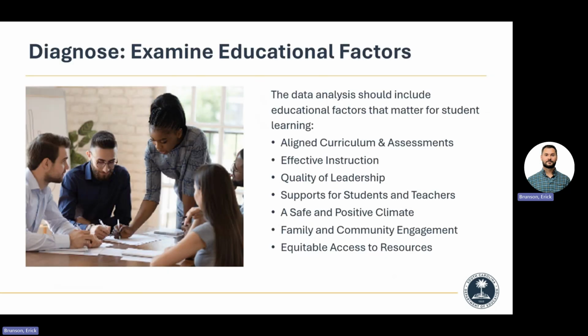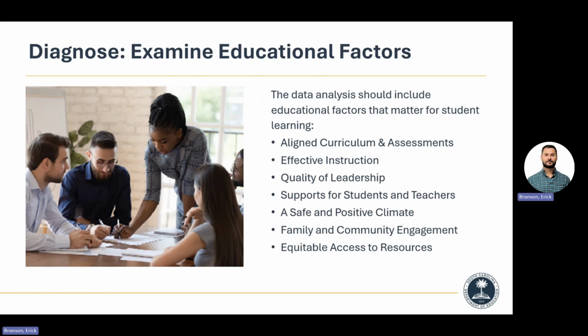So what are the things we should be looking at? Aligned curriculum. Do we have effective instruction? Do we have the leadership? From a district level, if any of you are in larger districts, are there some buildings that perform better than others, just like teachers? Absolutely. Some principals can make it happen. Some principals cannot. They're not instructional leaders. You've got to either fix it, you've got to do something, right? And that's just a factor that you should look at.